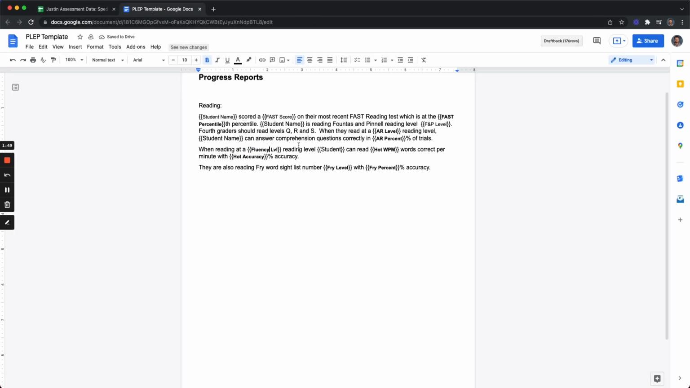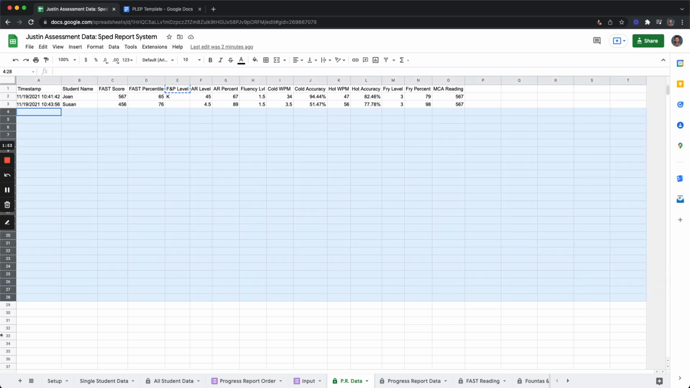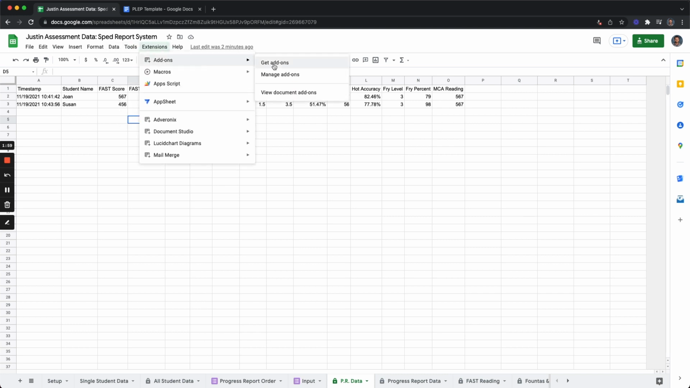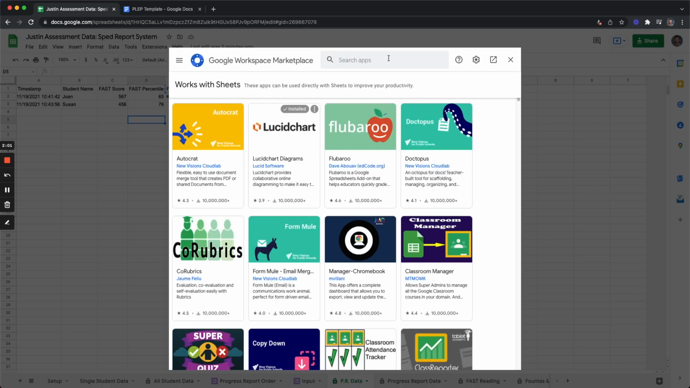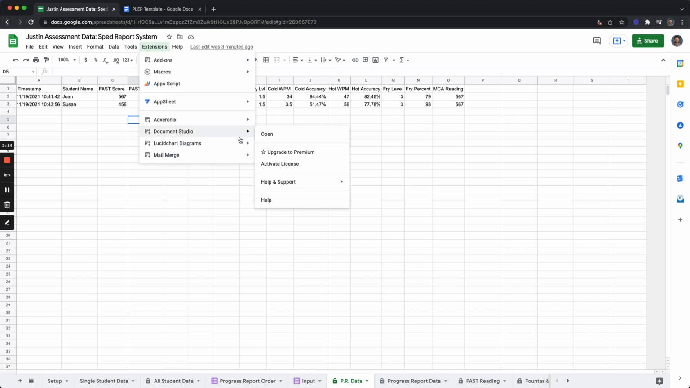So once I've got my template ready to go, and my data's ready to go, and it doesn't matter how much data I have, I could go all the way down to 40, 50, 1,000, whatever. It's going to work the same. The only difference is how many free data runs you get, or whatever you call it. If I wanted to add Document Studio, this is where you go to, right there, and this is the extension there. So once I have Document Studio, I go to Open,